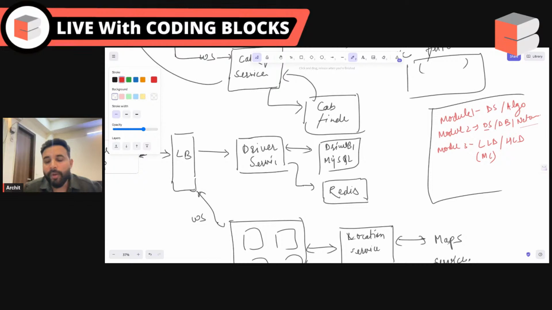If you are going for an interview with more than 2 years of experience, you will see this round for sure. You name the company, I'll tell you what kind of low level design they used to take in